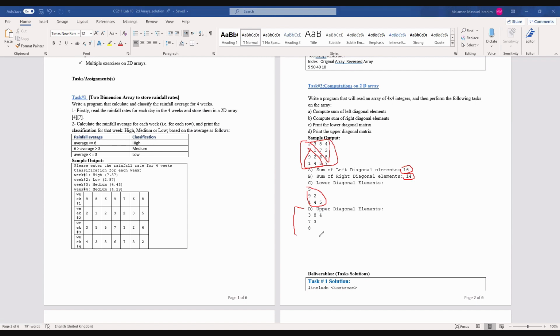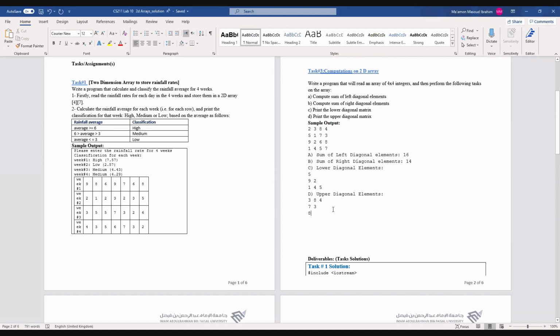I don't say it is easy, and you might need more time, but try to define at least the two-dimensional array, and at least solve the left and the right diagonal, and we will, inshallah, after 30 minutes. Okay, guys, I will go to the solution,